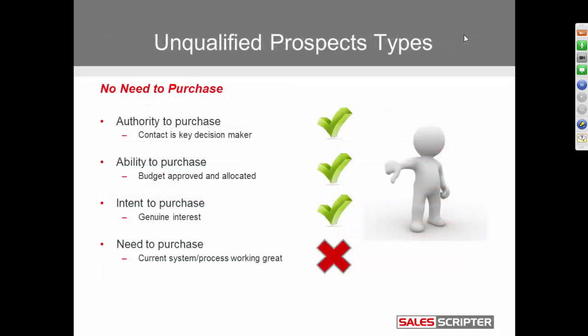And let me show you. So there are 4 types of basically unqualified prospects, and you don't need to memorize this perfectly, but if you take some of this with you and keep it in mind when you're talking to prospects, you'll be able to screen better. But there's the no need to purchase prospect, which means you're dealing with the right person. Let's say you're talking to the VP. They have the funding to make a purchase. You're the only one they're talking to. They're not talking to any other companies.